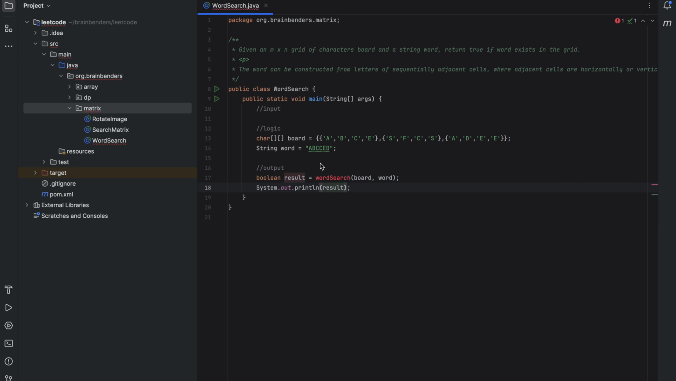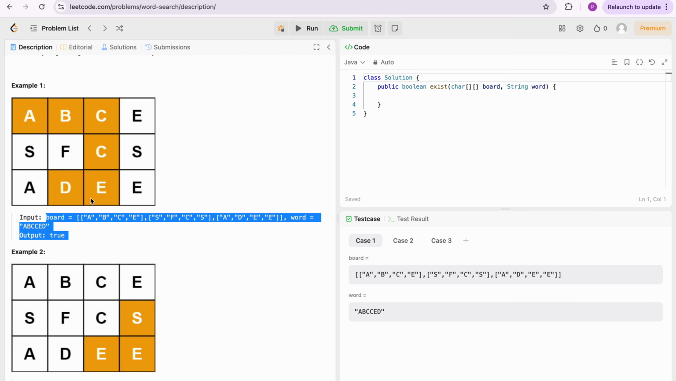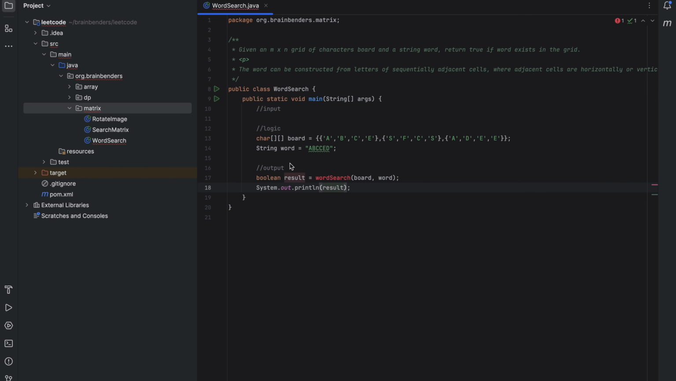Okay, so this is ABCCED. If you see the question, ABCCED must return true when we code this. So wordSearch is something which we need to code. Always remember,